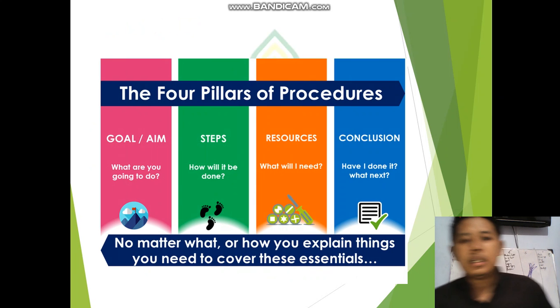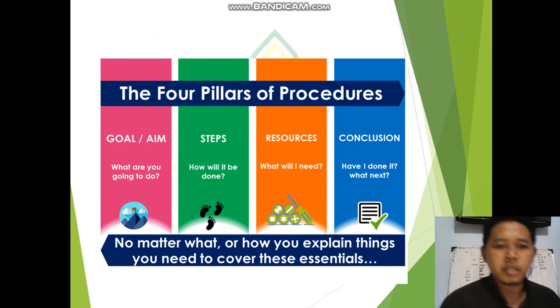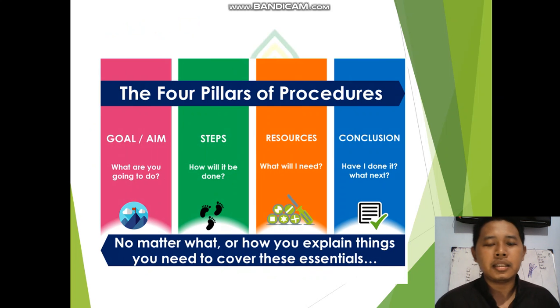Well, there are the pillars of procedure text. Okay, the goal, the step, resource, and conclusion. Resource is material. Well, everybody knows it. But in case you do not know, I think it is a little bit turned over. It should be goal, resources, step, and conclusion. Jadi kayaknya ini yang buat ini agak kebalik ya. Harusnya resource dulu baru step.